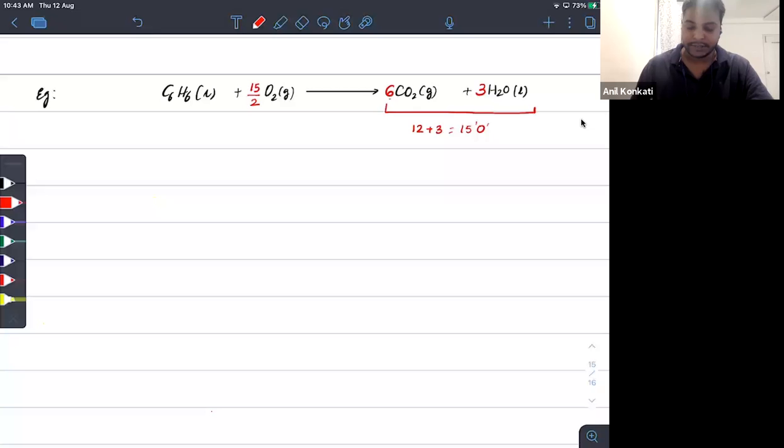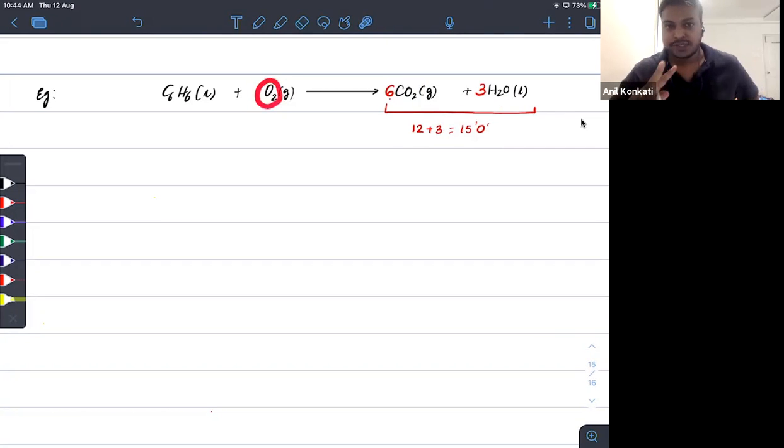No issue, beta. Listen. See, we have 6 multiplied by 2. So how much we got? 12. Agreed? 3 multiplied by 1 oxygen. How many we got? 3. So total how much we have? 15. Okay. Which means if 15 is on the right hand side, 15 should be there on the left hand side also. On the left hand side, it appears like I have only O2.